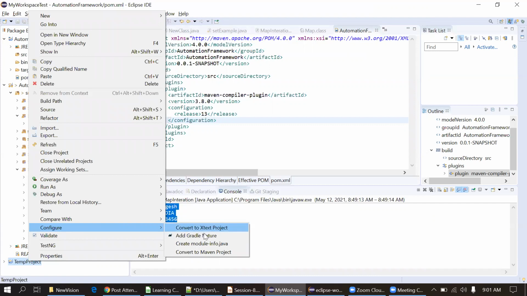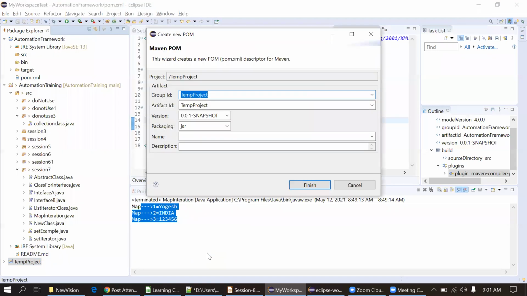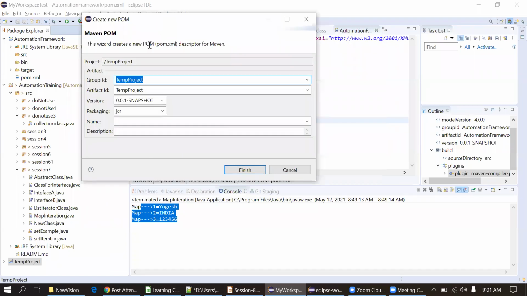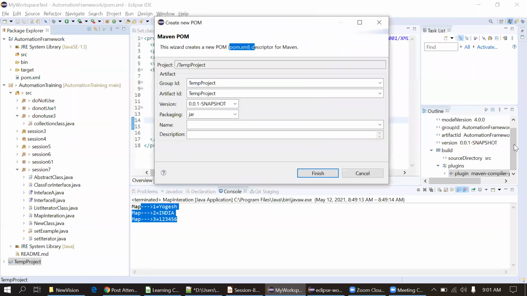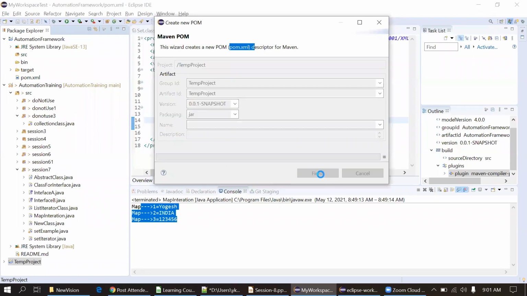In configure, I'm seeing the last option, Convert to Maven project. I simply click here, and I get this option, Maven POM. This wizard creates a new POM, a pom.xml descriptor for Maven, and I simply click on finish.